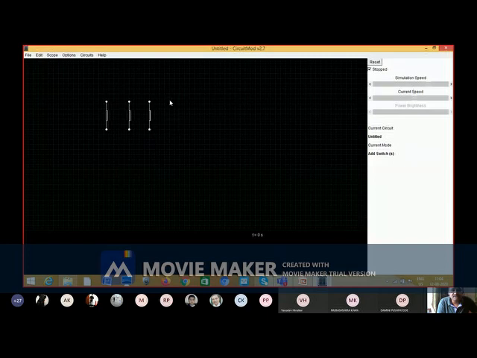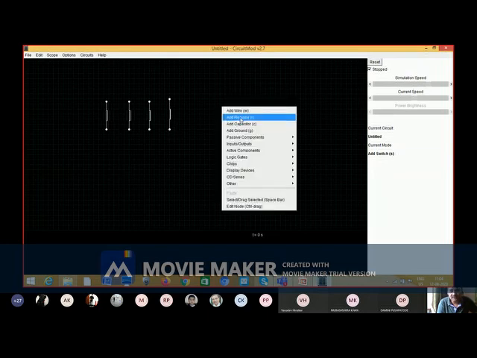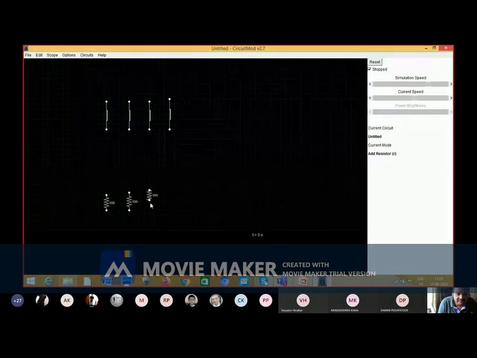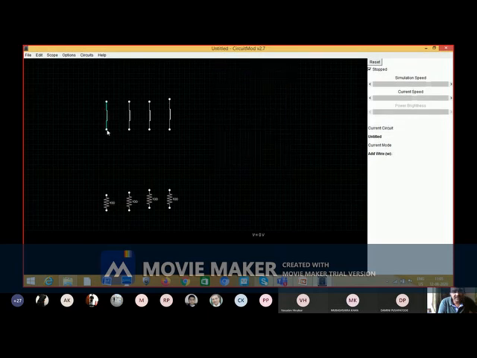Suppose these are the 4 switches you need, and you need resistors as well. And you can connect, take a wire this way.